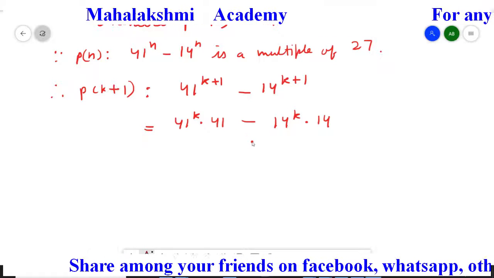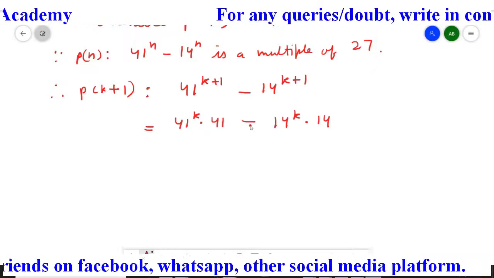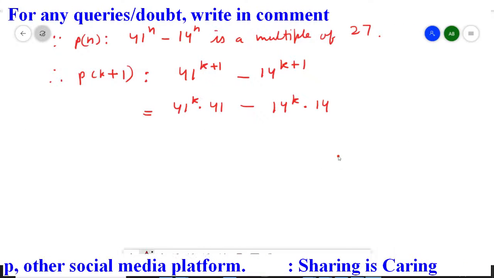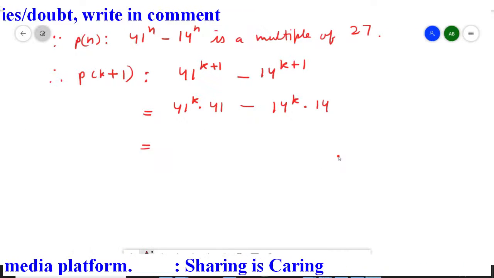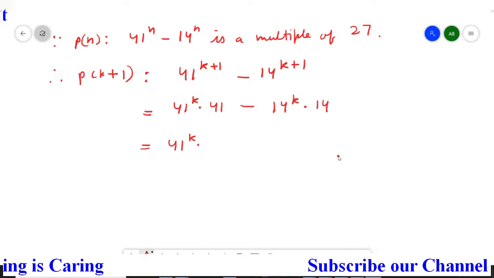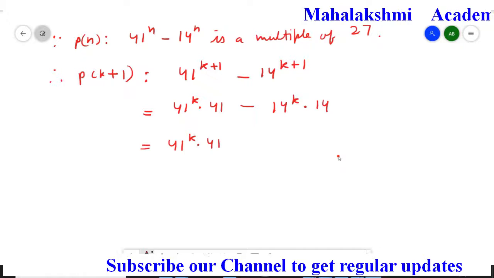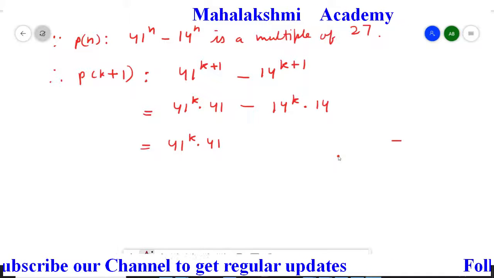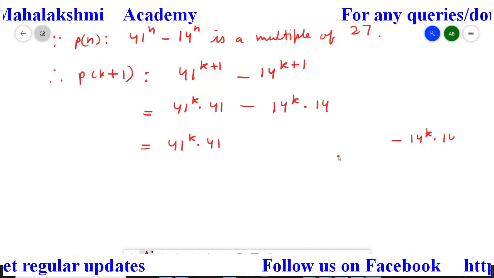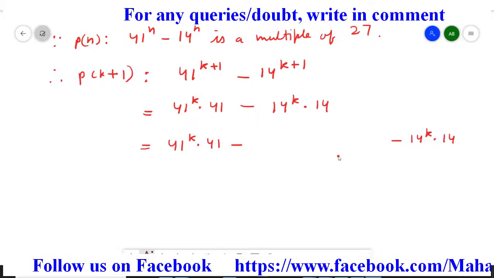Now here, as I explained in the previous question, in the middle we have to introduce two new terms with the help of a combination of these terms. In the previous question I also explained how to create that term. Firstly, write these two terms down at the extremes, and create new terms that we are going to introduce in the middle. So first I wrote 41^k multiplied by 41, and at the end the second term, that is 14 raised to power k multiplied by 14. Now here we have to create the term. So I am going to write how to create this, understand properly.